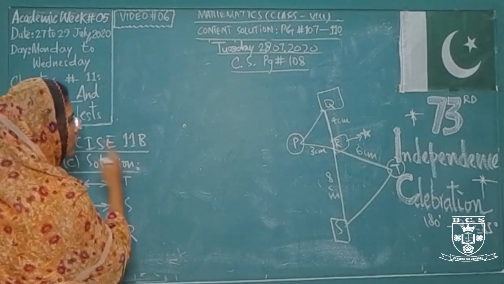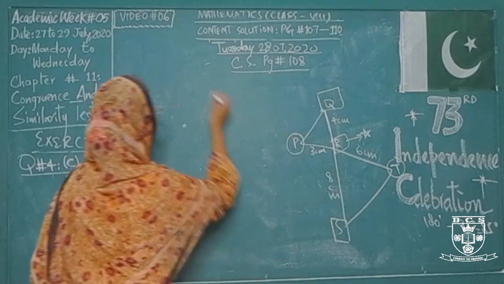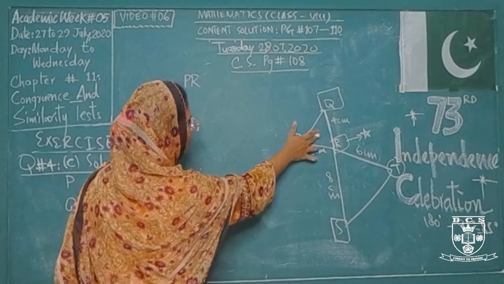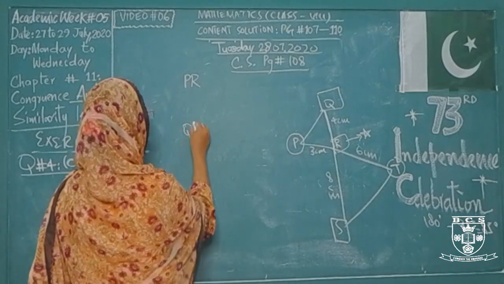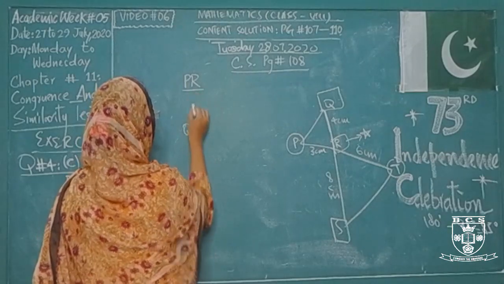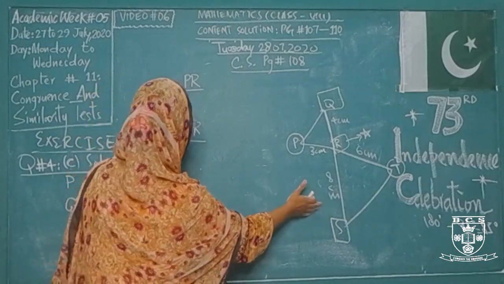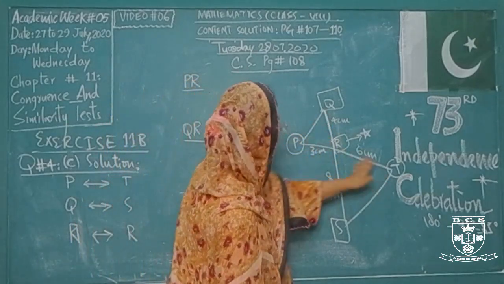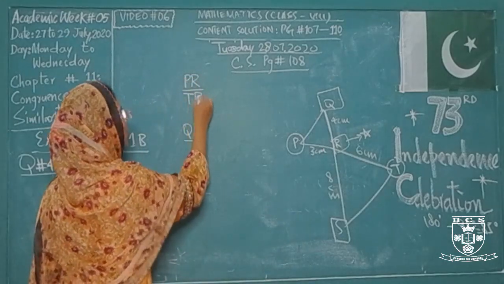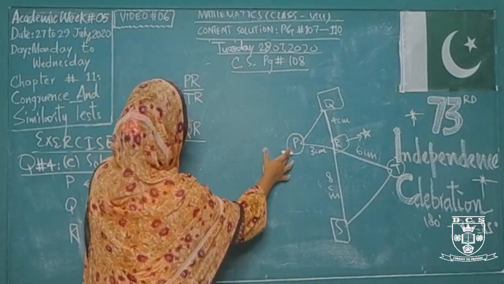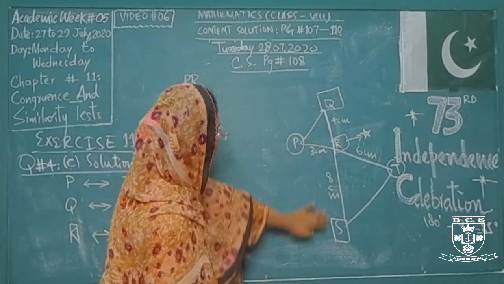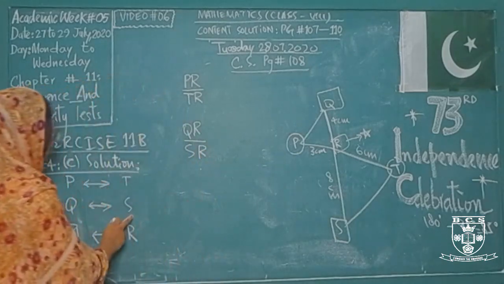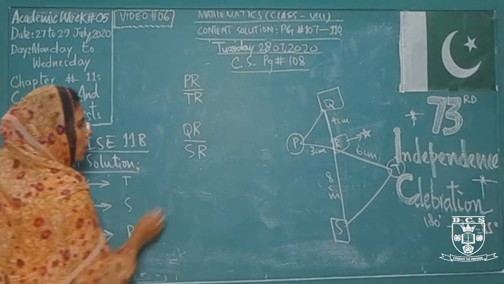Right after that we are having the two different sides. The first side is PR for the first triangle. So side PR is given and one other side is given, that is side QR or RQ, you may write this. So they must be divided by the corresponding sides of the second triangle. PR must be equal to TR. So TR I am mentioning here as a corresponding side of PR, and right after that QR must be corresponding to side SR. This is S, because Q is corresponding to S and R is corresponding to R itself.